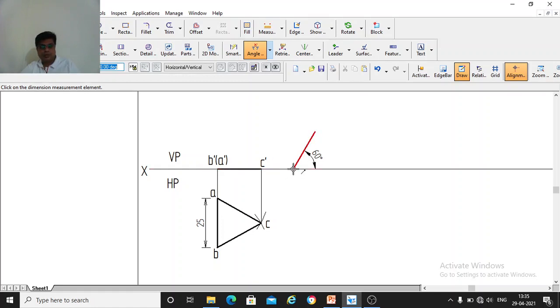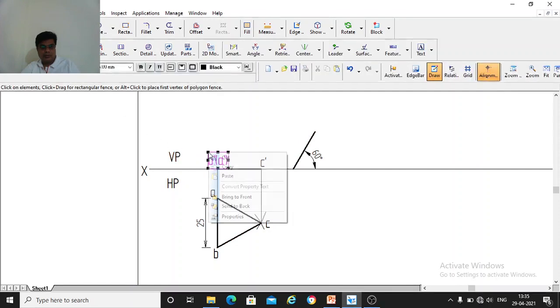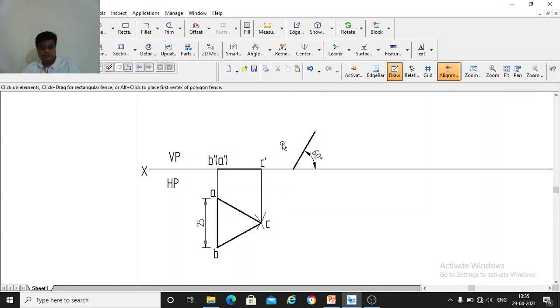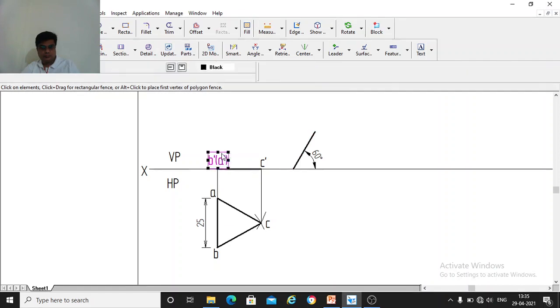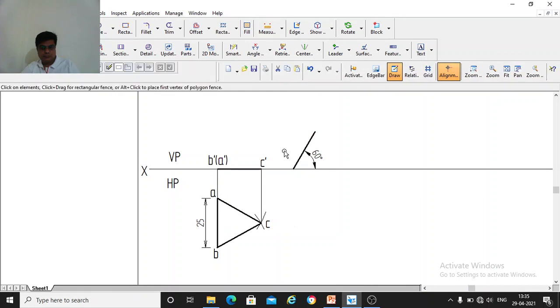So what is this point? This point is A dash, B dash, that is AB. Write this point as AB.